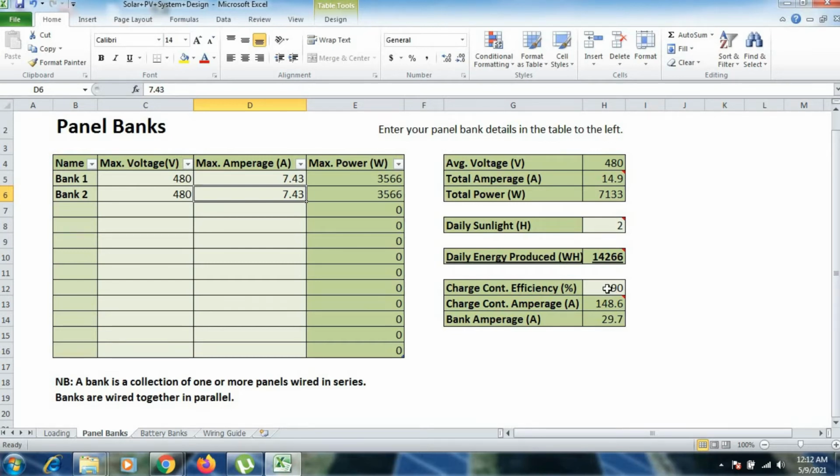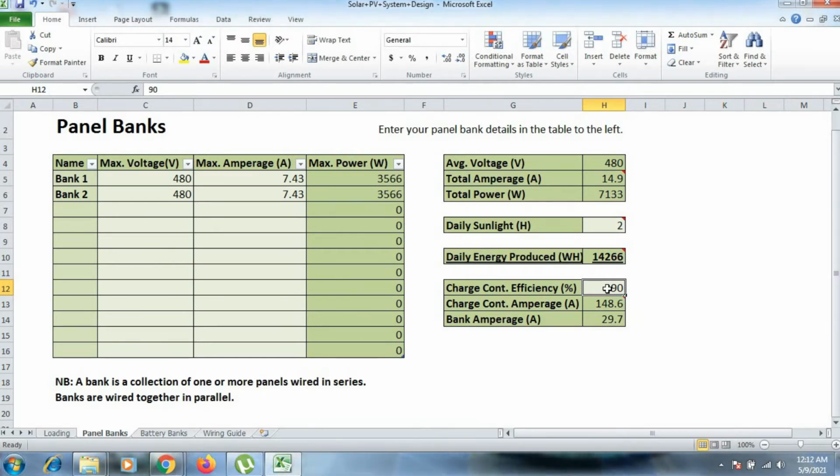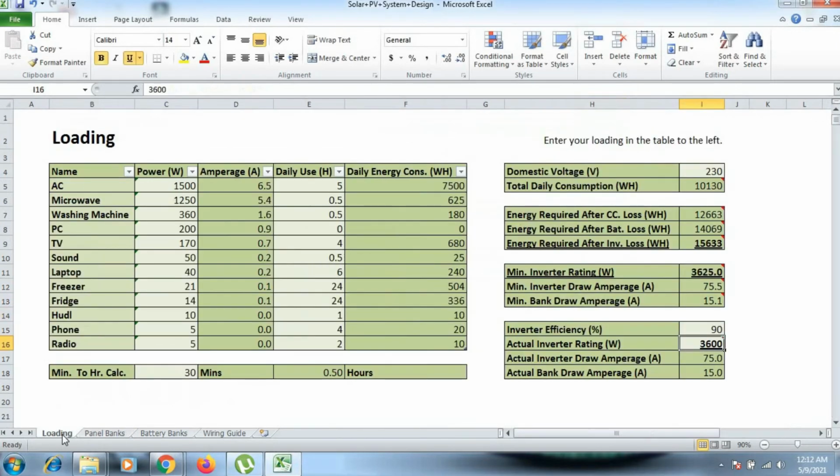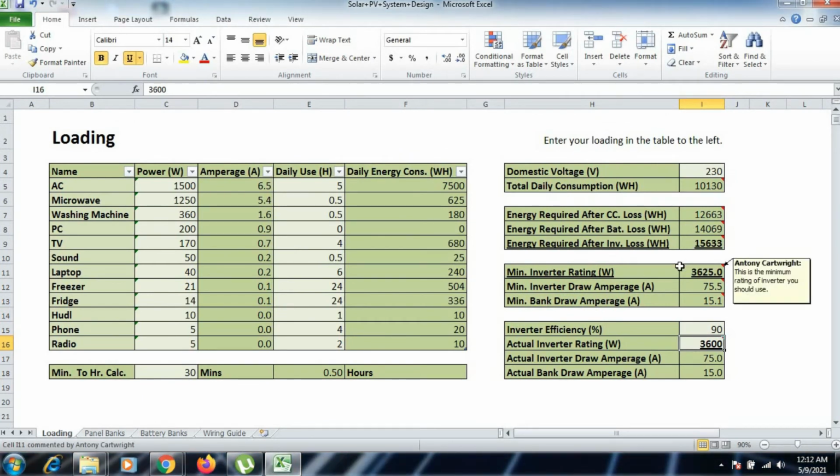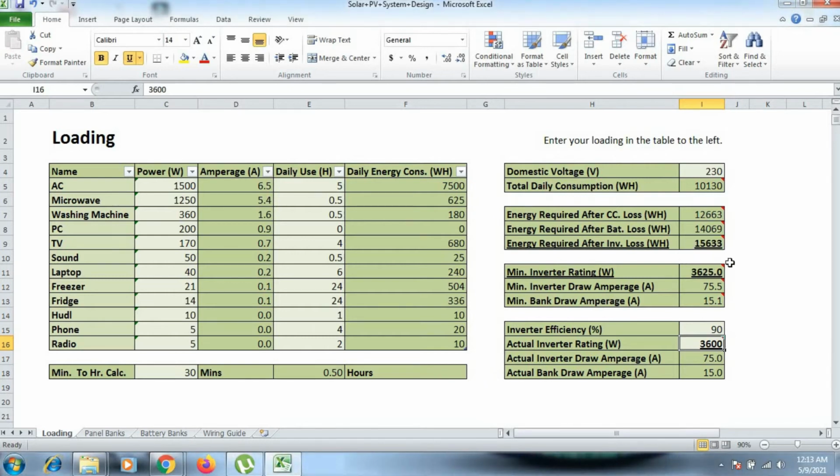What if we didn't have a 90% efficient charge controller? From the market maybe we got an 80% efficient charge controller. Now what will happen? When we are using an 80% efficient charge controller, you can see the losses for the charge controller are increasing. Hence the total watt hour output we need from the solar panel, or the inverter input, is getting higher.